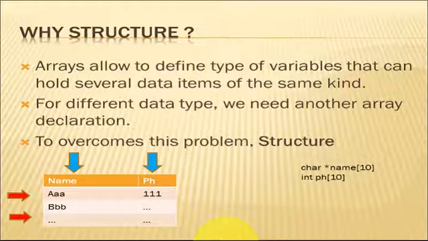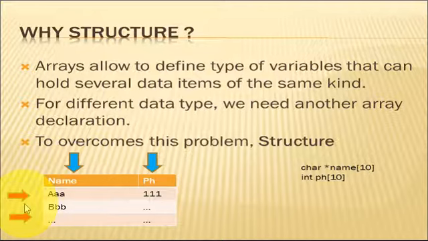Let us assume you want to collect the student details of your class. In the details, we are going to collect the name and phone number of your classmates. If you are using an array to collect the names of all the students, we have to use one character array, named name. If you want to collect all the students' phone numbers, we have to use the data type integer, an integer array.